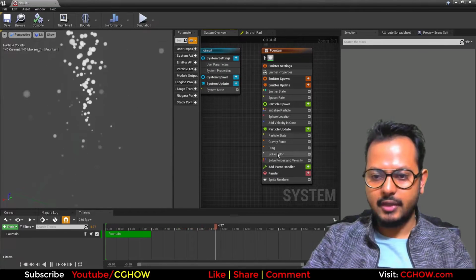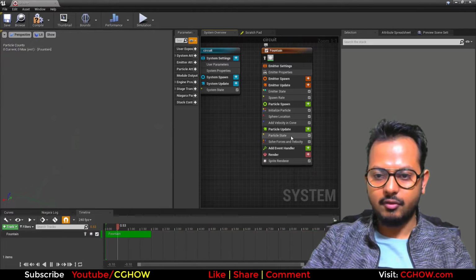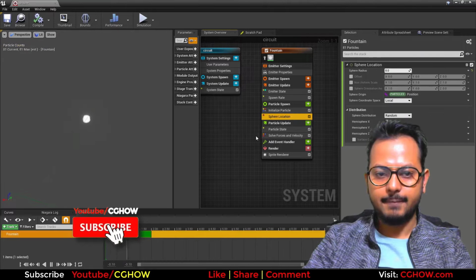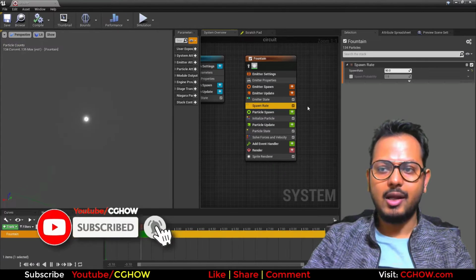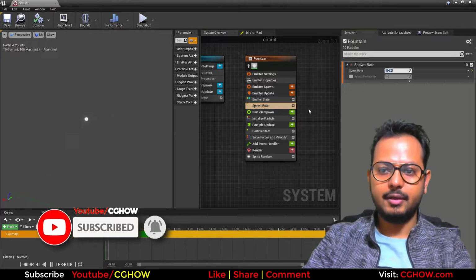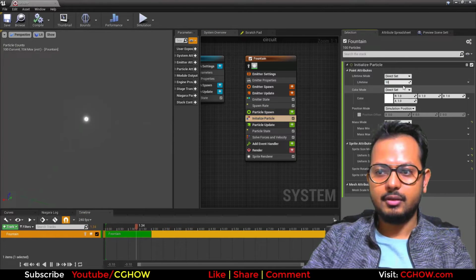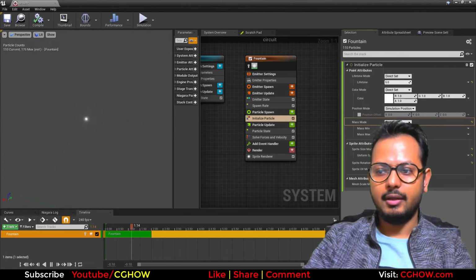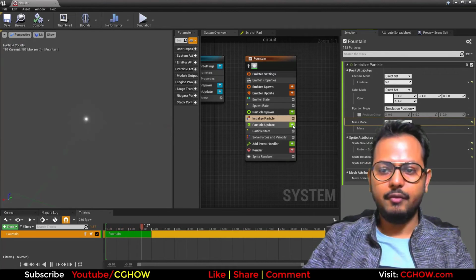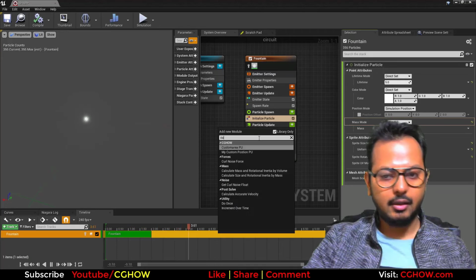So the changes I will make, I'll delete all these forces and velocity and location. Now I have this spawn rate, I will just make it 100 and make the life constant like 5, and maybe this one also constant like 5, and disable this. So if you add a curl noise here,